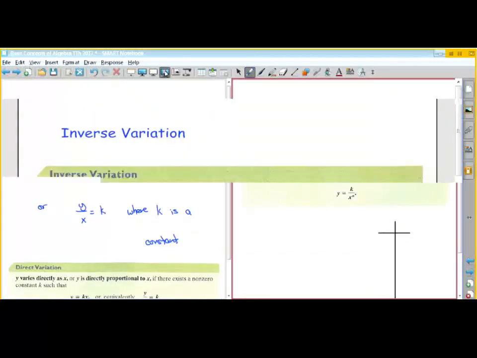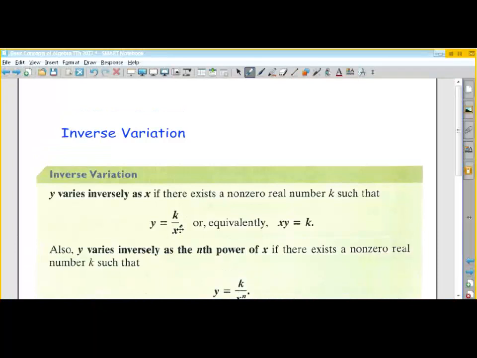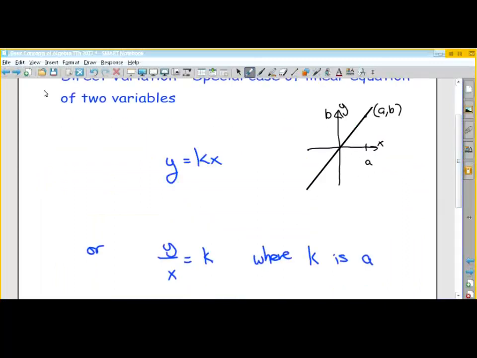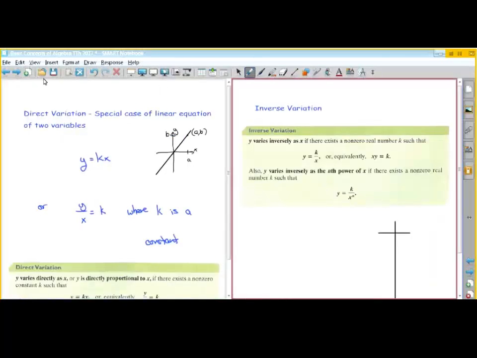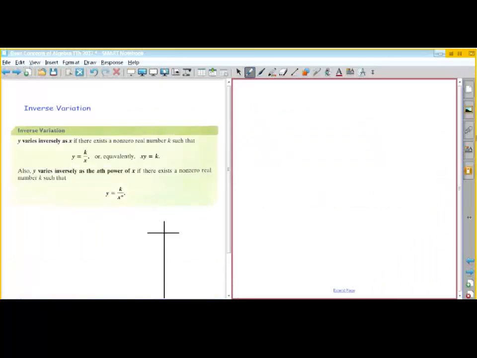And the other case is an inverse relationship. So instead of k times x, it's k divided by x. So when we had, in the previous case for direct variation, the ratio of y and x was equal to k. In the case of an inverse relationship, the product of the two is equal to a constant. So what's an example of that, where you have an inverse relationship? Well, there is,